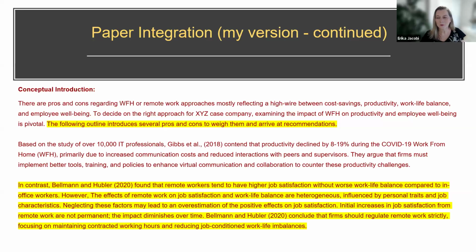What I want you to take away from the session is we invested 5 minutes to fast read the first article. And then we summarized it in another 5 minutes. And then we were already able to say, this is the snippet that goes into the body of our paper